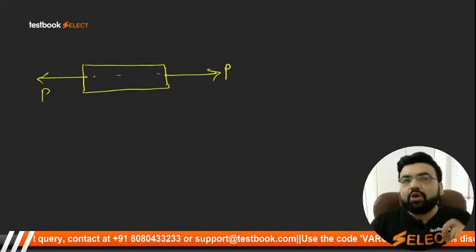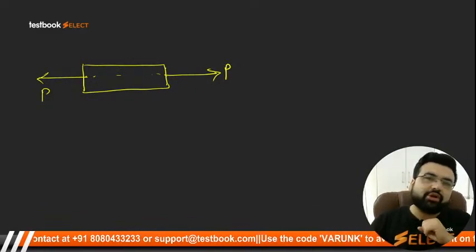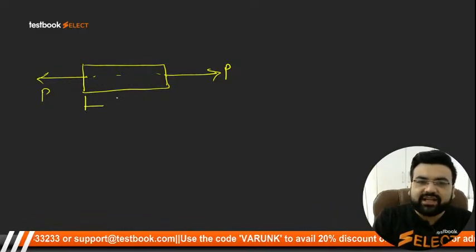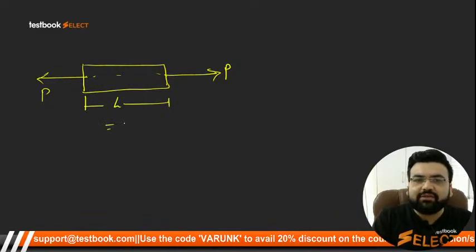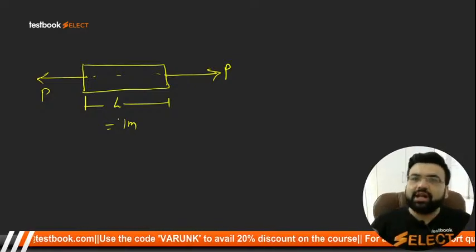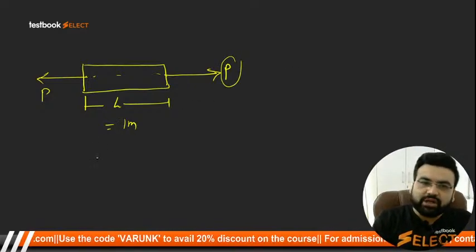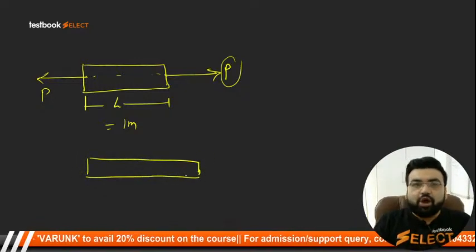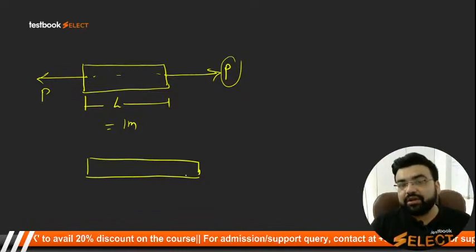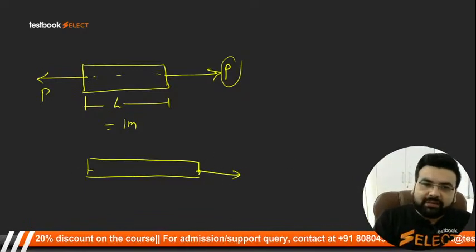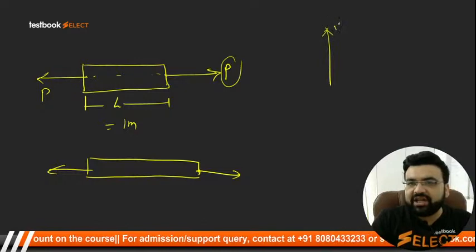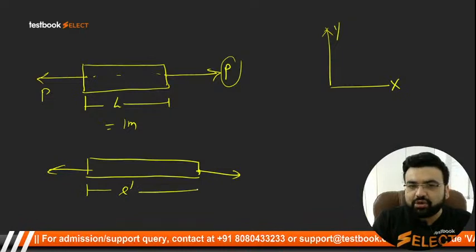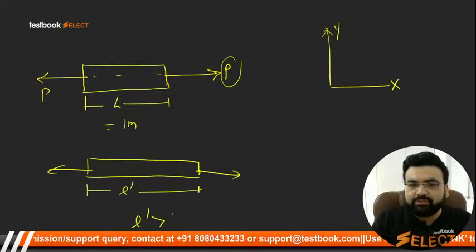Now students, when you applied the load P, what is going to happen on this body? Just apply the common sense. इसकी लेंथ हल्की सी इंक्रीज हो जाएगी. Let us say original length was L. Let us say L was equal to 1 meter. Now जब आप इसको लोड लगाओगे, depending upon the intensity of the load, इसकी लेंथ हल्की सी इंक्रीज हो जाएगी और इसकी विड्थ हल्की सी डिक्रीज हो जाएगी. तो मैं क्या बोलूंगा कि ये आपका y डायरेक्शन है, ये आपका x डायरेक्शन है, तो इसमें x डायरेक्शन में कुछ ना कुछ डिफॉर्मेशन हो रही है, and this L dash is going to be greater than this L.